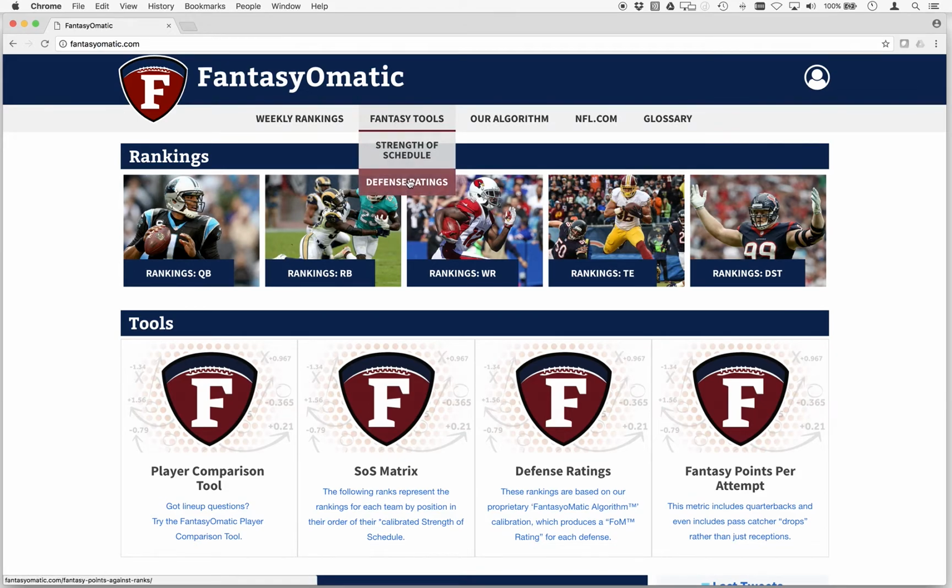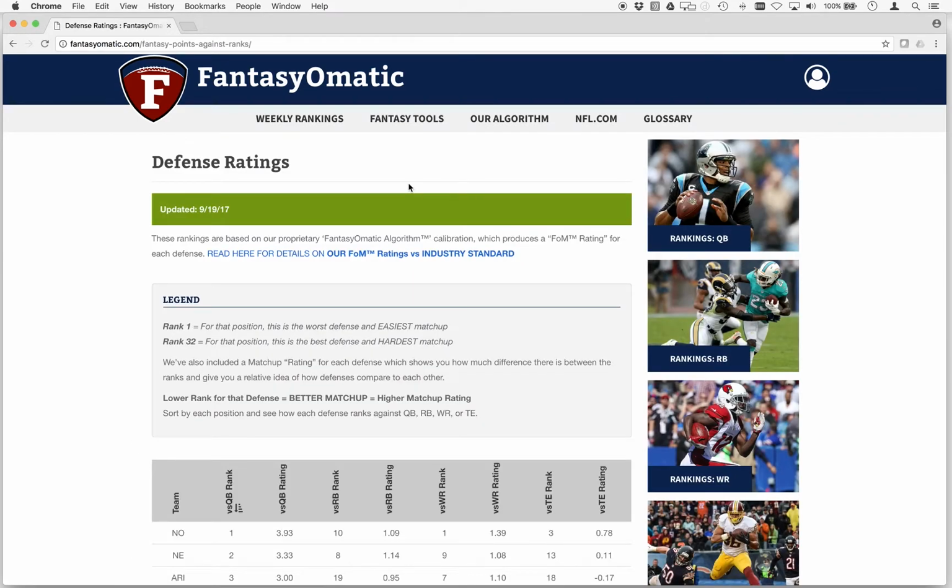Let's take a look at the Fantasy Tools defense ratings page. First of all, always make sure that you're looking at the most current ratings. Make sure that the date that you see on the page matches the current week that you're looking at. So the purpose of defensive ratings is to give you a more accurate view of who are really good matchups